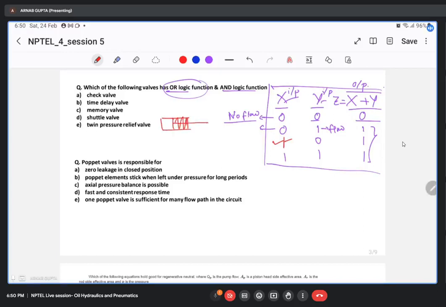Or actuator basically. So you want the actuator to be actuated when any of the control systems are being activated. For that, control system means we are having two different push buttons at two different locations. So if you push it, the flow will take place. If any other person from the other end also pushes it, that flow will take place. So to realize that, we will be putting one